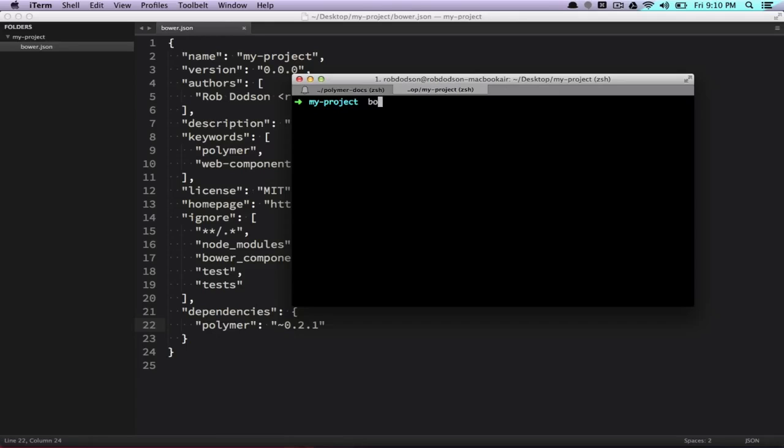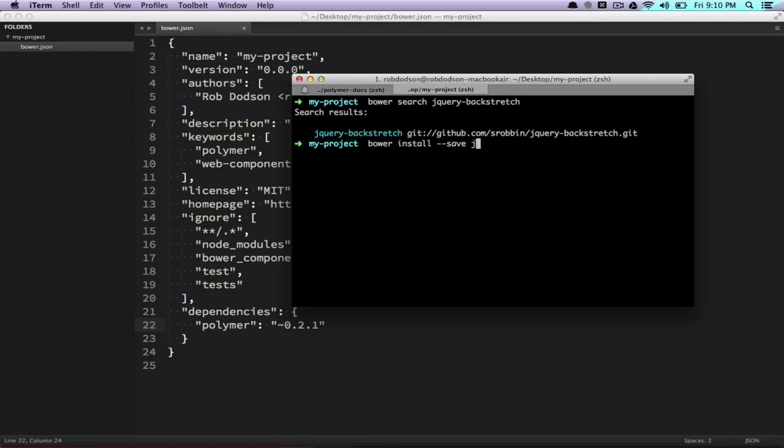So as an example, you could be like bower search jQuery-backstretch, which is a jQuery plugin. Bower search lets you search through the registry of things that are in the Bower database. So here it says that jQuery backstretch is part of the registry. So I can just say bower install --save